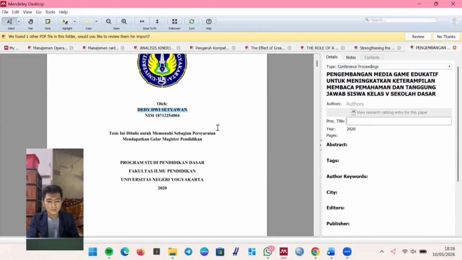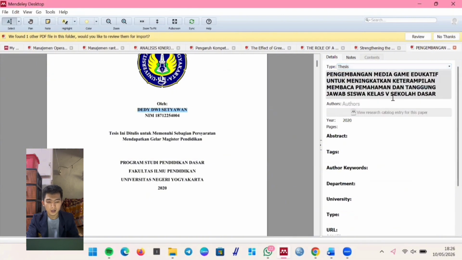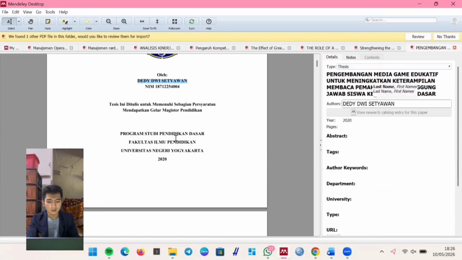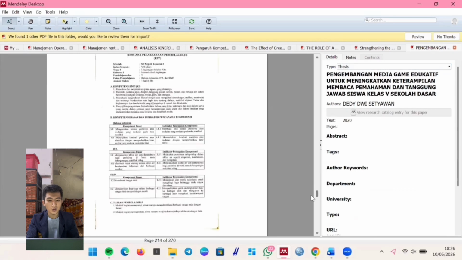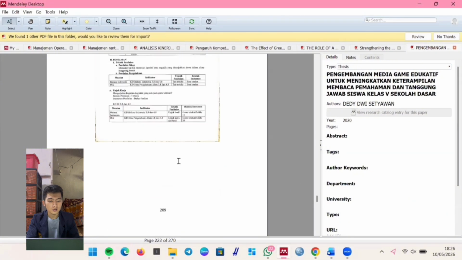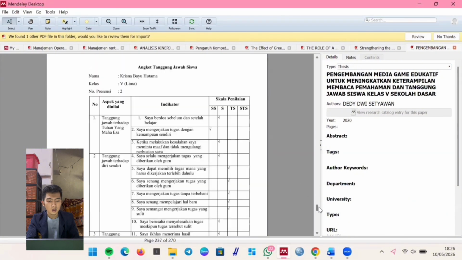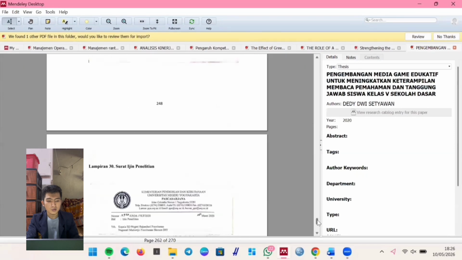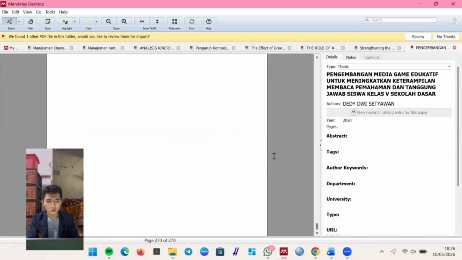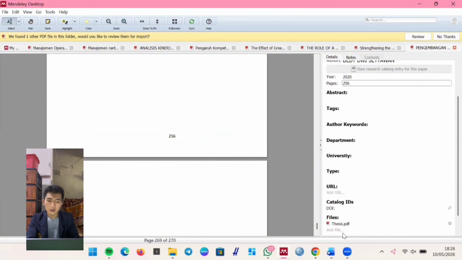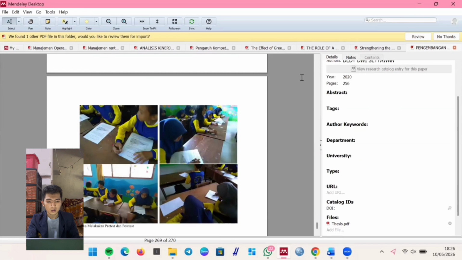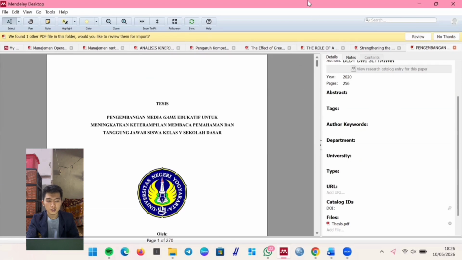There is one additional field that we must pay attention to here, which is the university field. Ensure that the original university name is written in full. Don't forget to also check the year and department fields if they are available. Having complete data is very important so that our citation looks credible and the source clearly shows which institution it belongs to.